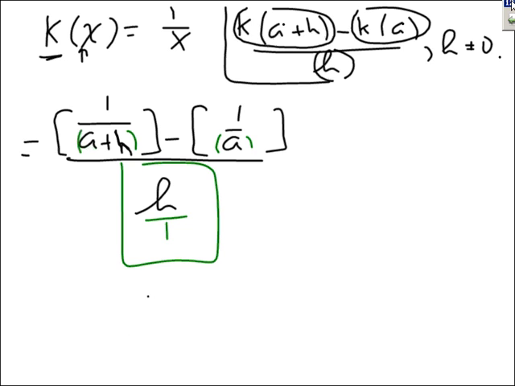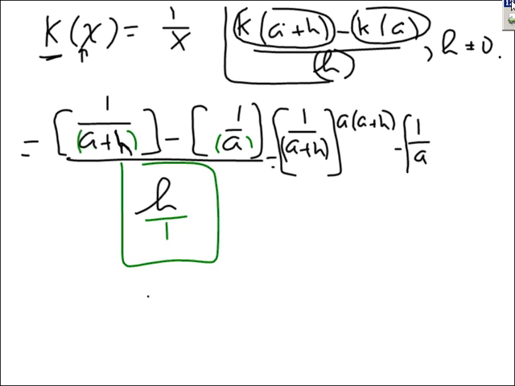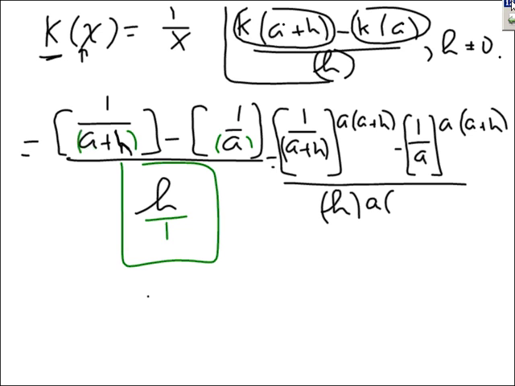Okay, so let me just save a little space here. So I'm going to multiply this fraction by 1, else I change the value. When you want to change the way something looks, you multiply by 1. And how do you know you want to change the way things look? I don't want any denominators in the numerator. I don't want any denominators in the denominator. I am going to denote that I am multiplying each term by a times a plus h. Minus the second term, 1 over a. I'm going to denote that I'm multiplying it by a times a plus h. I multiply the numerator by a times a plus h. And now I'm going to take the denominator and I am going to denote that I'm multiplying it by a